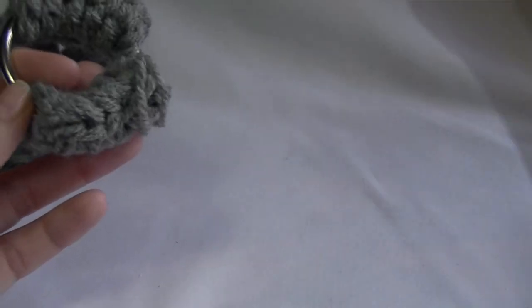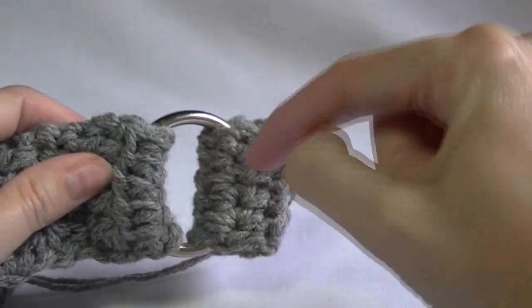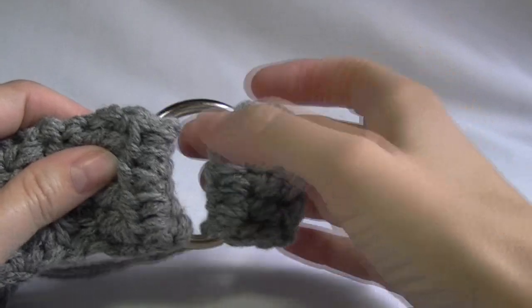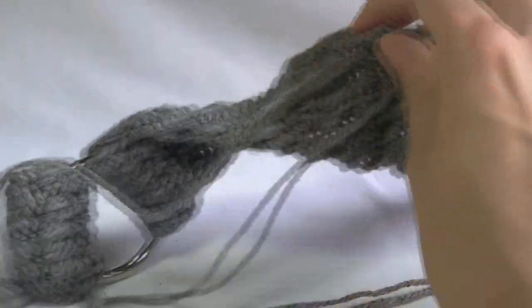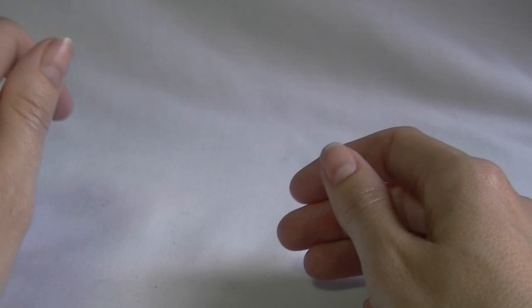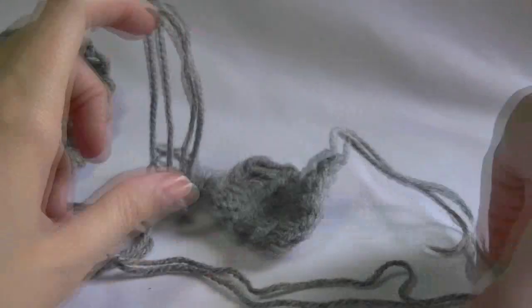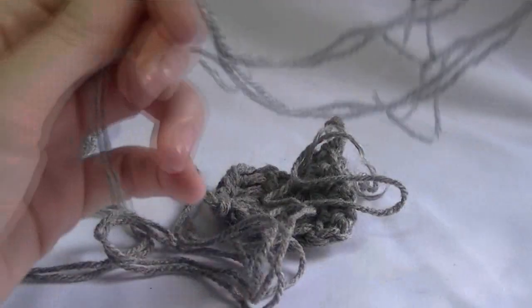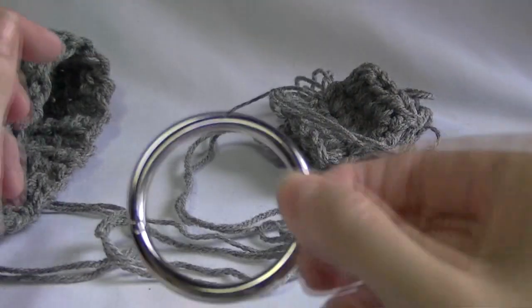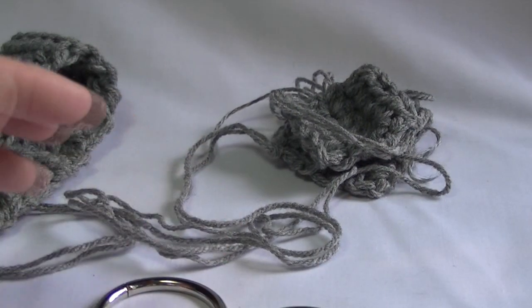So once we have all of our pieces made, then we need to create something like this, exactly the same, little one on one side, and your big strap on the other, and then the little one on the other side of there. Pop that one aside. You are going to need one of your straps, 2 of your little short ones. You're going to need 2 of these, and